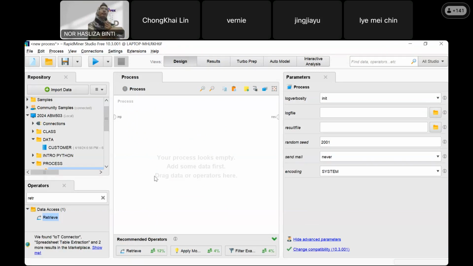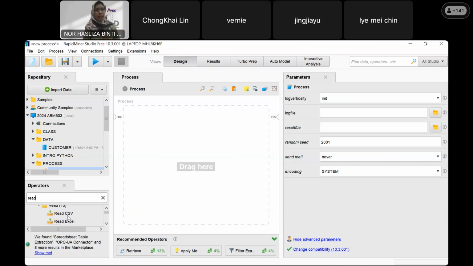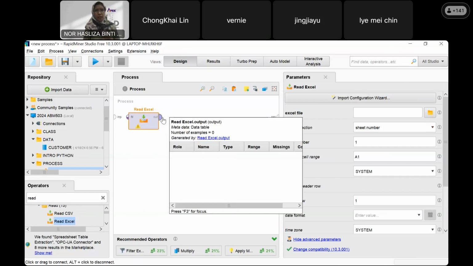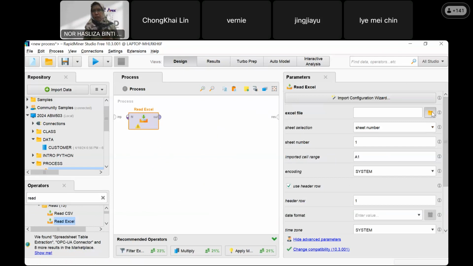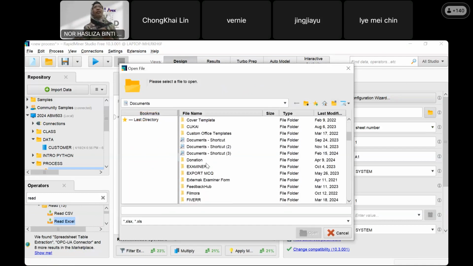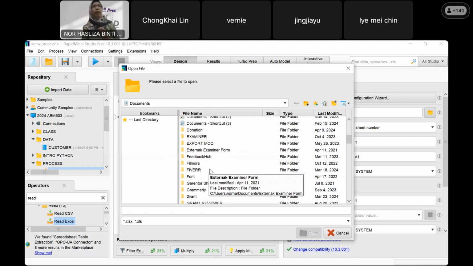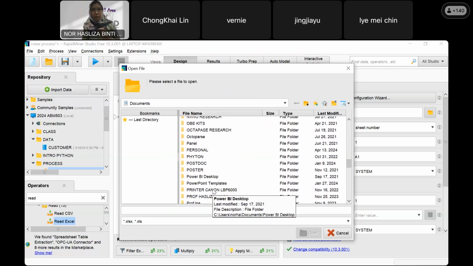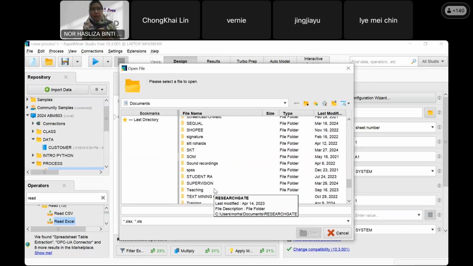How to do that? Yes, we do it together. Read. Is it Excel or CSV? I can't remember. I think Excel. We try KFC data first, KFC Excel. Wait, where is my file?